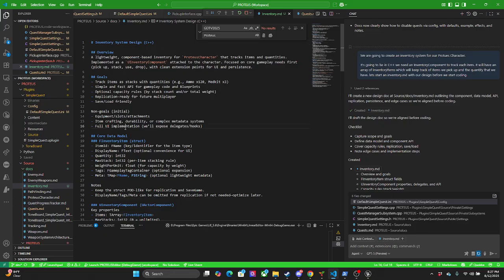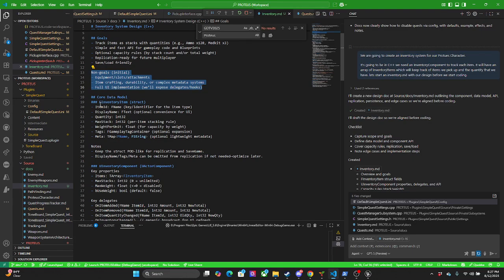All right, we're gonna have delegate hooks. That's good. No goals: initial equipment, item crafting, durability, complex metadata systems. Oh, so these are non-goals. So we're not building this in yet. That's cool. Okay.